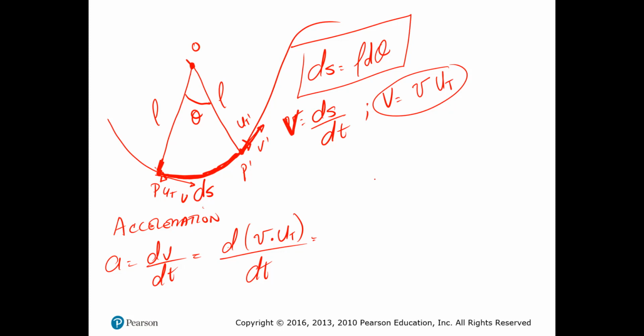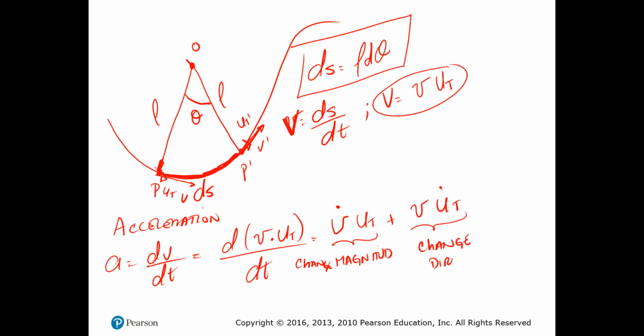I will have to do this by parts, right? If you remember differentiation by parts, I'm not going to get into that, but it's u dot, the derivative of the speed, multiplied by the tangential unit vector, plus the speed multiplied by the time derivative of that unit vector in the tangential component. What we need to know is that this represents the magnitude, and this is the change in magnitude,